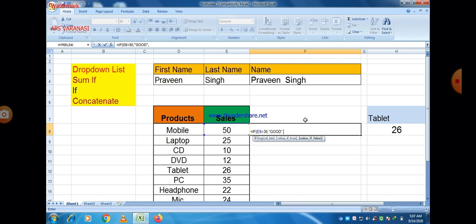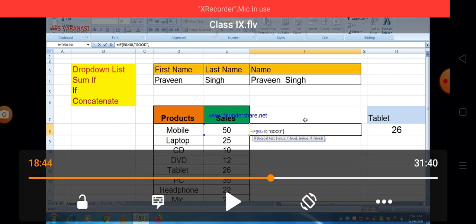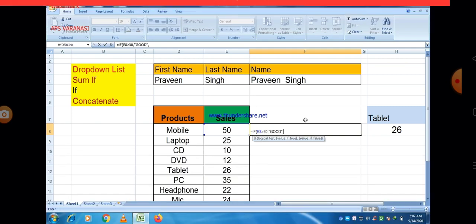So we have only two options: either the condition or logical test we mention in the if statement will be found true, or it may be found false. If it is found true, then that statement will be printed. Otherwise, if it is found false, then the string related to that will be printed. It means the third parameter value will appear on your screen in that case.